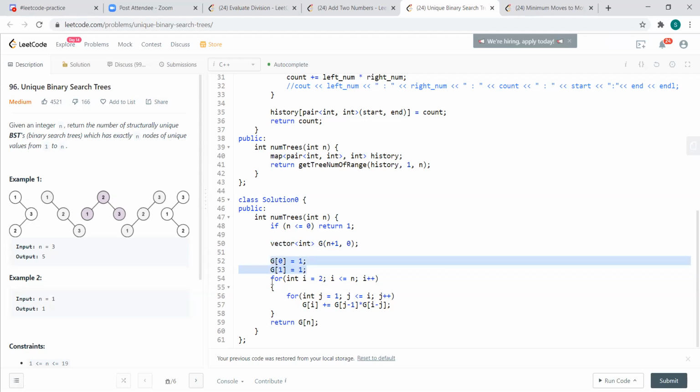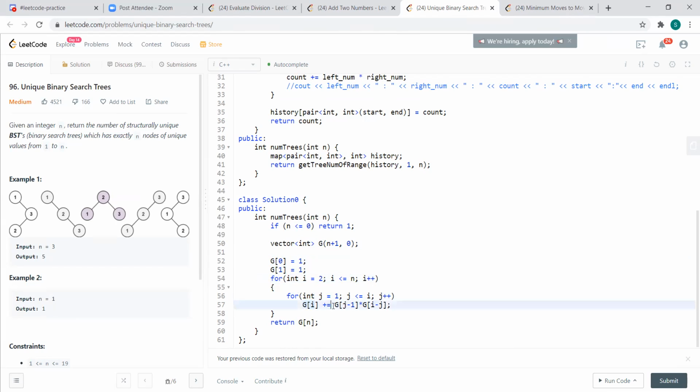If I have this, then I go through this loop which starts from 2 to n, and when I'm doing this i, I have to go from 1 to i. I calculate how many ways I can do it for a particular location. That is the way we are breaking it down here, in the previous and your implementation.